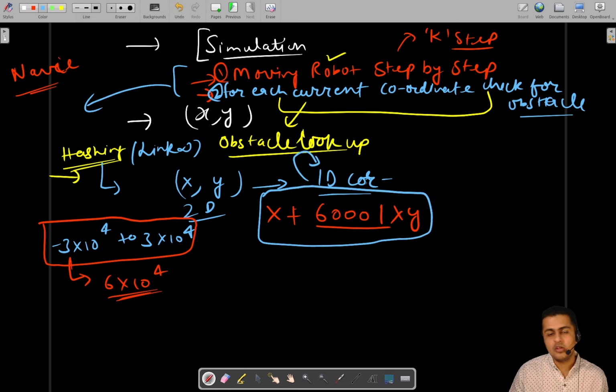We are using a prime number because it has only one and itself as divisors. So when you get this value, there are very few chances that different coordinates will have the same hash value or the same 1D coordinate. So it reduces the chances of